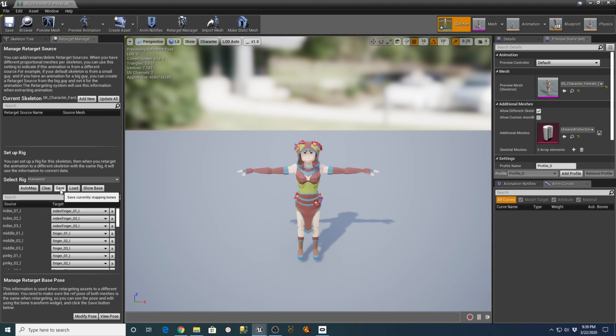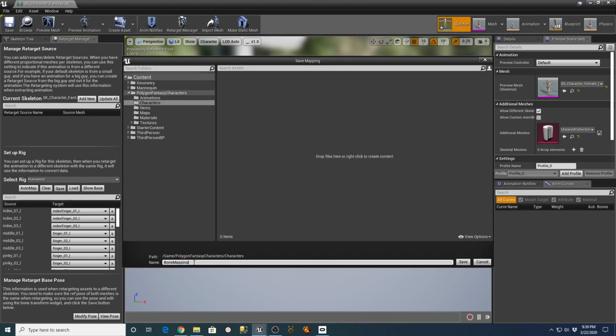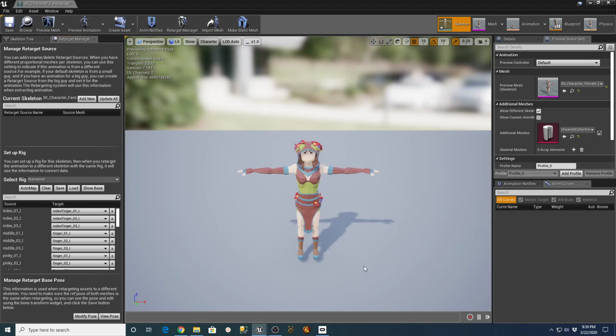So if you want to, you can save this thing. And I'm just going to call this Synty bone mapping. Because if you put this out somewhere, like if you see in some of my other animation tutorials like we talked about last night, if you save this file, you can actually bring this into other projects and already have your bone mapping set up. So let's say you said, I have a bunch of animations that aren't from Synty that I'd like to use with my Synty characters, but retargeting squashes the shoulders. It shouldn't, if this is set up correctly. It should leave this the way that it is.